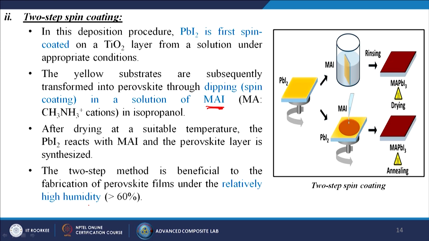So, I have the A material and the B material. In the one step process, before putting onto the substrate we mix both, and then we put the mixture onto the substrate and do the sonication. In this two step case, I have the substrate, initially I put the A material, then I dry it, and after a certain time I again put the B material and then dry it. In between, they react with each other and make the whole material on the substrate itself, and the final stage is annealing. So, we dry the whole material and the perovskite material will be formed on the substrate itself.